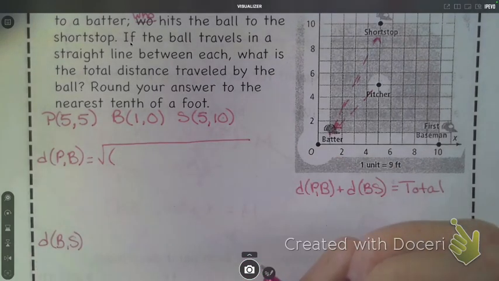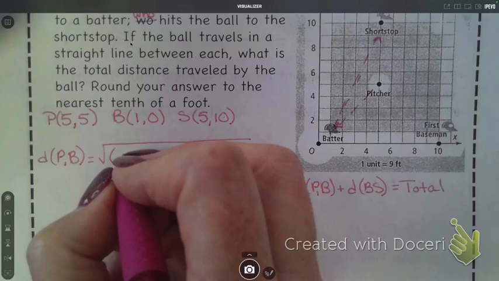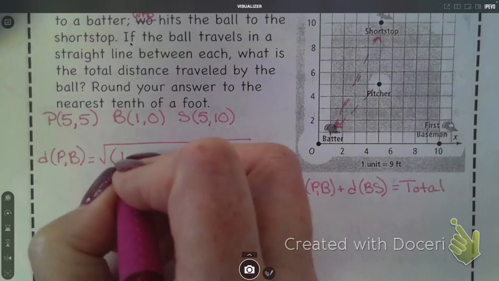So x minus x. It honestly doesn't matter. Like when we do slope and we do y minus y, does it matter which is y1 and y2? No, it doesn't matter, but you have to be consistent, correct? So which point do you want to use as the second one? The batter, since it's listed second? Yeah. Okay, so that would be 1 minus 5